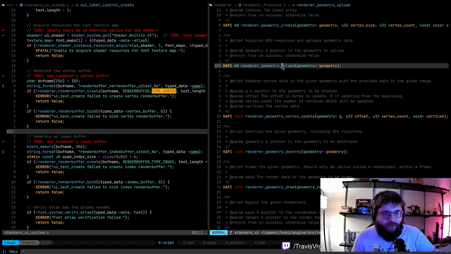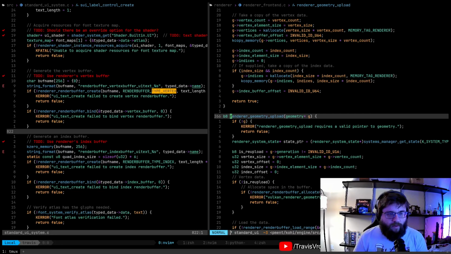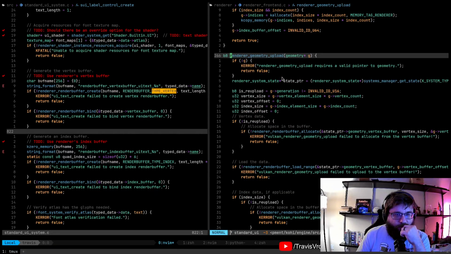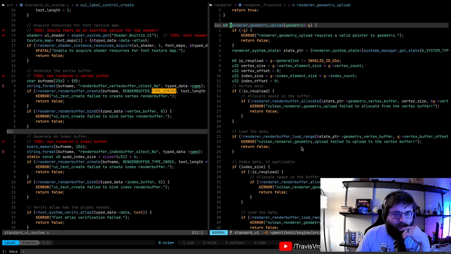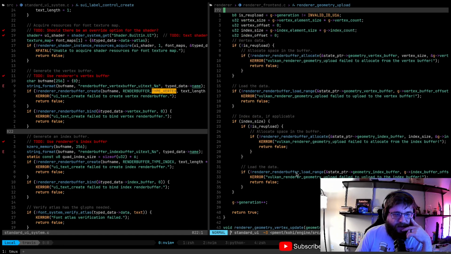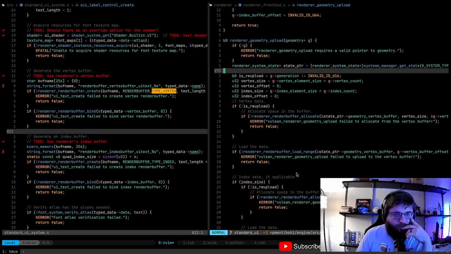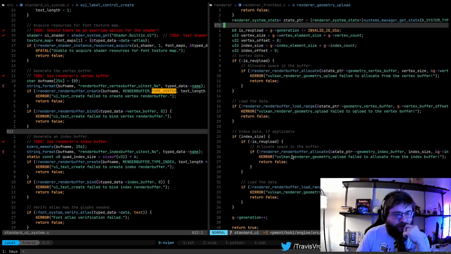So we have geometry upload, which essentially does what we need, right? So it allocates, loads buffer, and loads data into the range for the vertex and the index buffer, which is great if we're working with geometry. But what if we want to actually do those things individually, right? We don't really have an entry point to do that.